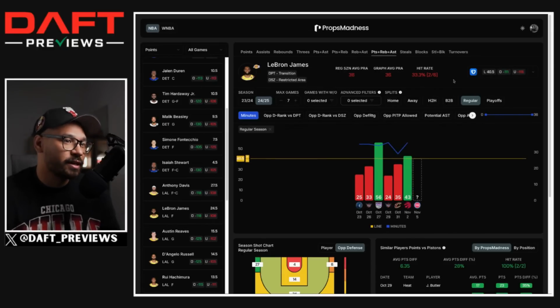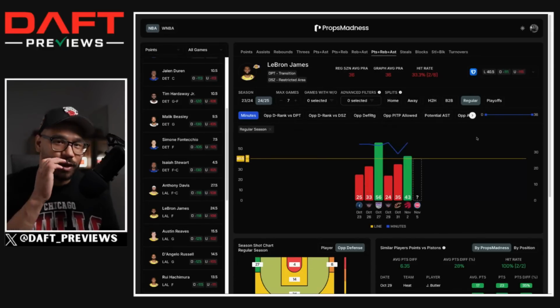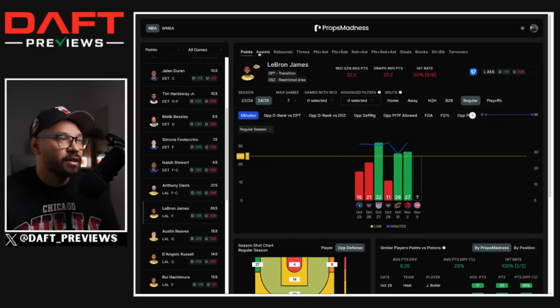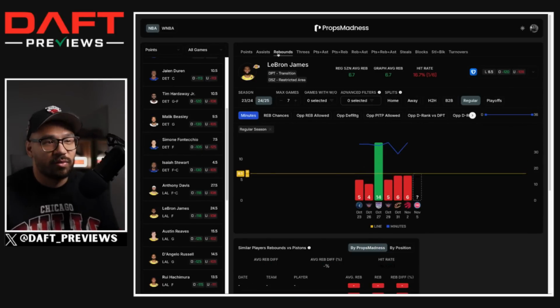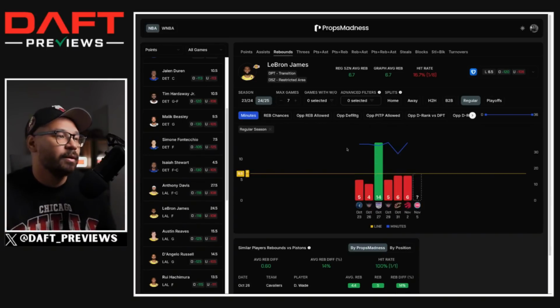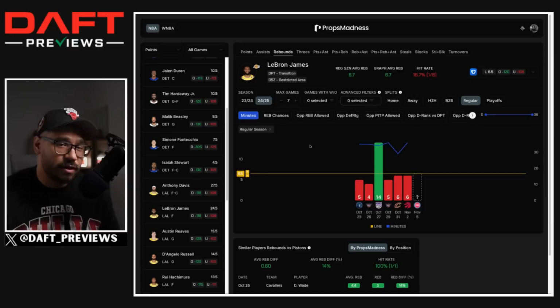I wanted to take his under in his PRA, not going to lie. You guys know how excited I get to fade him. Under 40.5. He hasn't put back-to-back games together playing this well, and looking at how he's gone this season, he's been relatively inconsistent scoring, passing, and rebounding. So he hasn't necessarily been able to put all of it together at the same time. And yeah, I just question whether he could do it here, especially if the Detroit Pistons are going to play